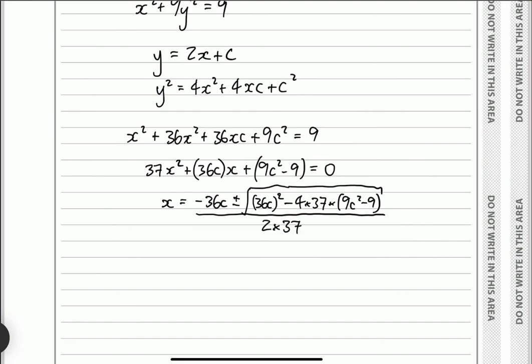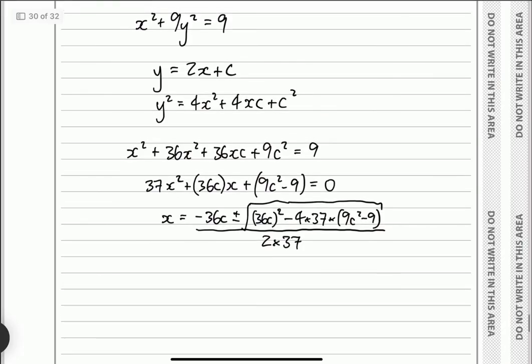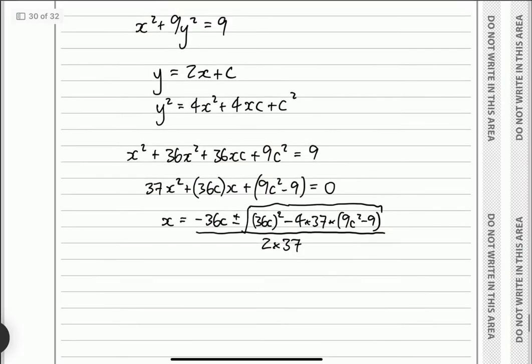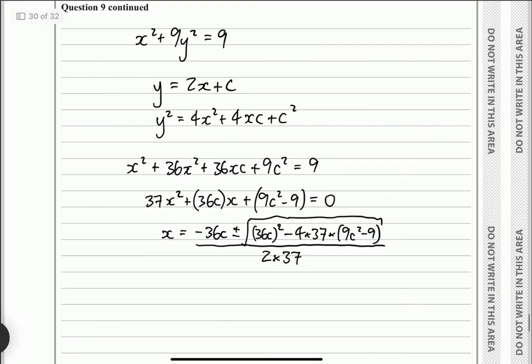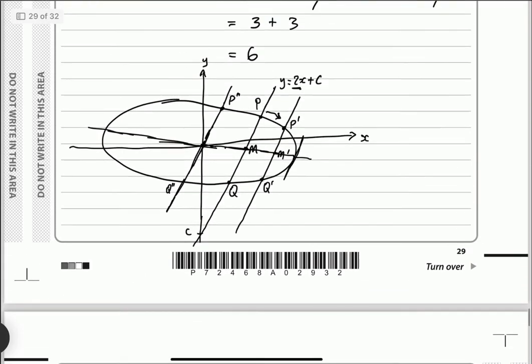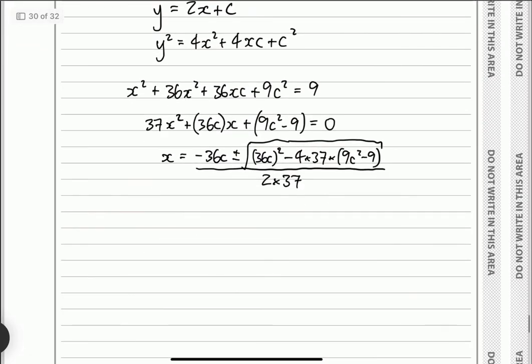Now I'm not panicking, although I might have done if I'd just come to that without having done a similar question not too long ago, because I know when we find the midpoint we're going to be using these two solutions. We've got two solutions because of the plus minus. One of those solutions is P and one is Q. And what we want to do with those is find the midpoint. So instead of worrying about evaluating that square root, I'm just going to find the midpoint, the x-coordinate of M,